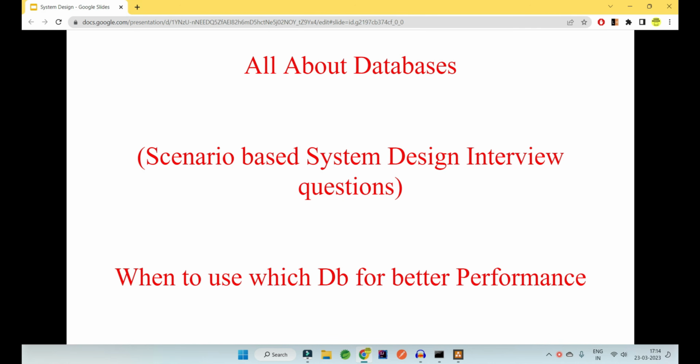Today in this video, we will be looking at all the kinds of databases available in the market for you. There will be relational databases like MySQL, Oracle. There will be NoSQL databases like key value store, document databases, graph databases and columnar databases. We will be looking into each of them a bit so that when a system design interview question comes, you should be able to decide which database will give you better performance in which scenario, and you will be able